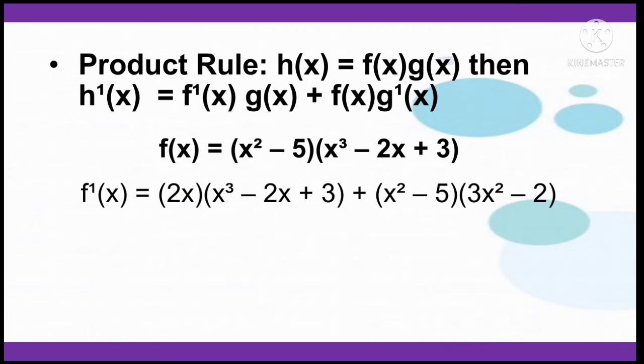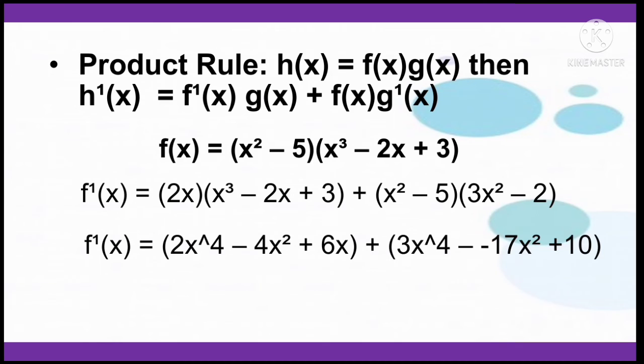Next is just copy the g of x, which is x cubed minus 2x plus 3, and then plus, since we are in product rule. If we are in quotient rule, we need to use subtract, or minus. Next, we need to copy the f of x, which is x squared minus 5, and then find the derivative of g of x, which is from x cubed minus 2x plus 3, we came up with 3x squared minus 2. And then just multiply and combine like terms, so we came up with this, which is